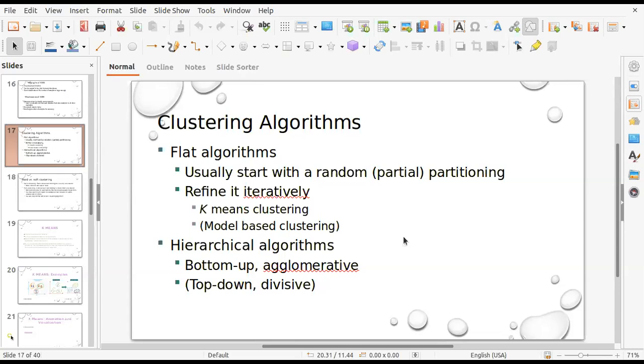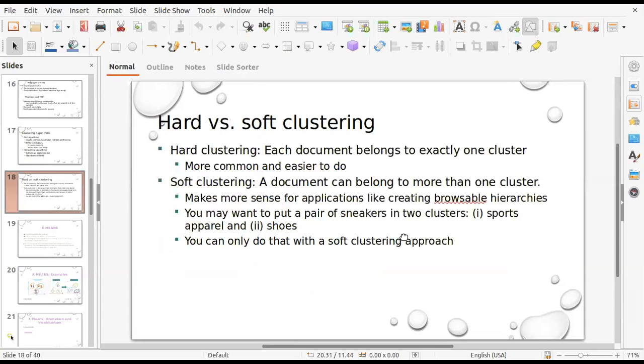That is called clustering. There are also two methods of clustering: hard clustering and soft clustering. Hard clustering is where each document, or item, belongs to exactly one cluster.